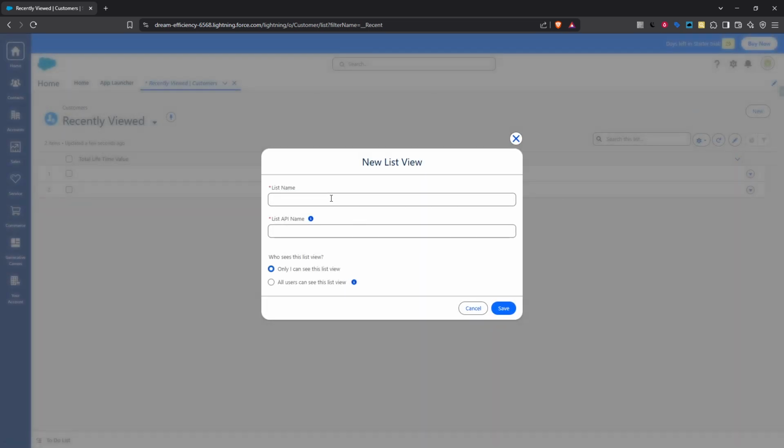As you embark on creating your list, you'll need to come up with a descriptive and purposeful name. Consider what you want to achieve, maybe new customers if you are focusing on recent additions to your customer base. This step is crucial as the name should clearly hint at the contents or purpose of the list for your